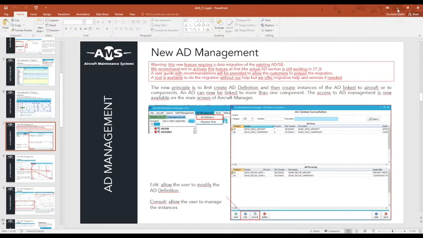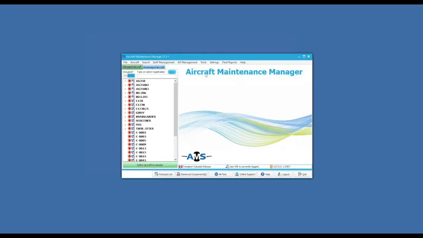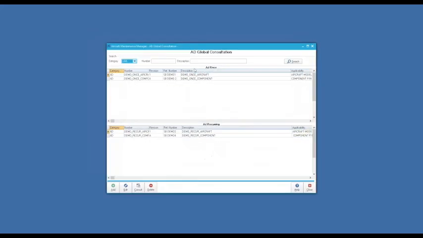So let me show you how it looks. The new AD management has been placed on the main screen of Aircraft Maintenance Manager. So you have the AD definition section and the migration tool. If you go inside the AD definition, you will have an AD global consultation in which you will find your once AD and your recurring AD.